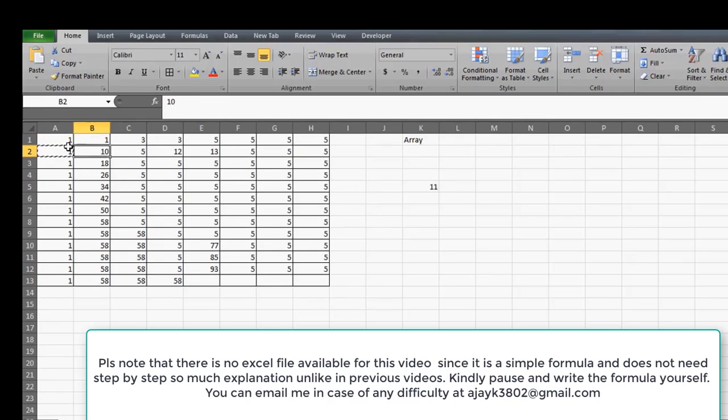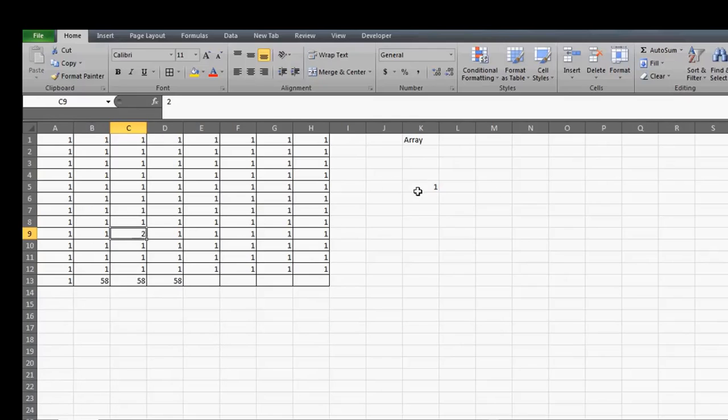And let's say, for example, I'm going to paste this entire piece here, right? Now you can see here that there is no unique value over here, because every cell has a 1 value here, or over here we have a 58 which is again repeating 3 times, right? So if I write here 2, you can see here that there is no 2 over here. It's just a 1 2. That's why it is showing you this 1.